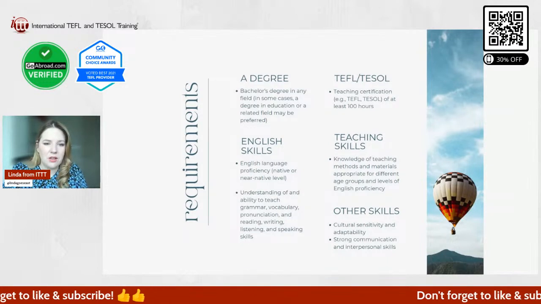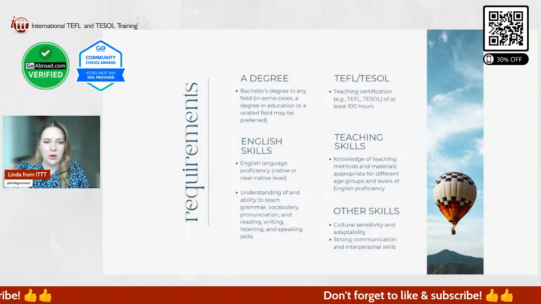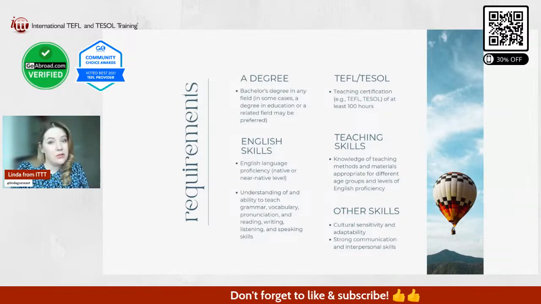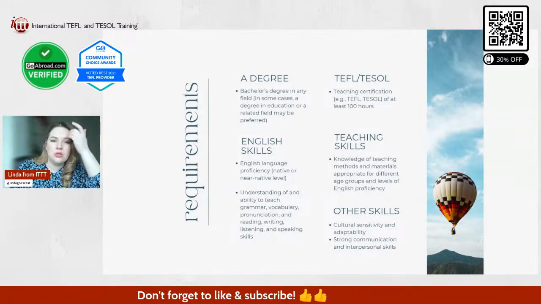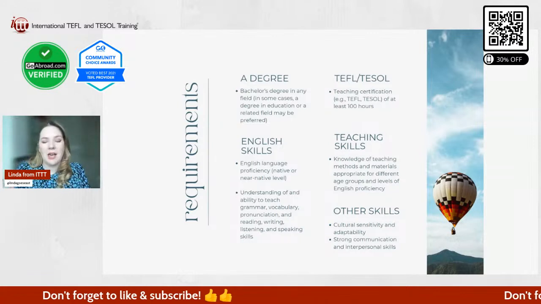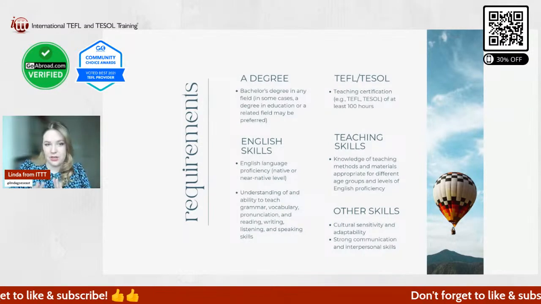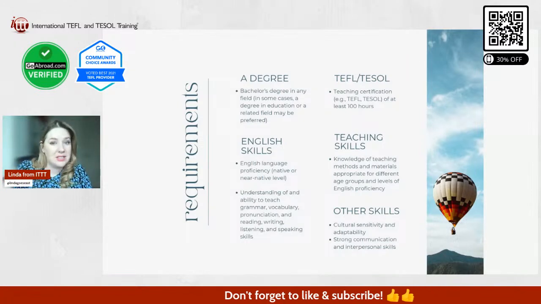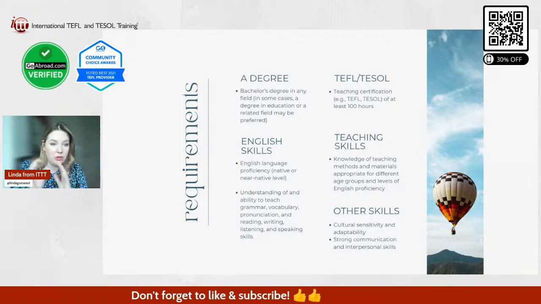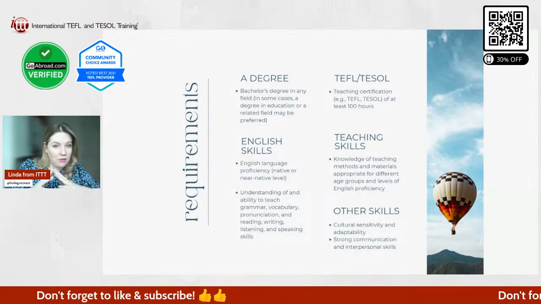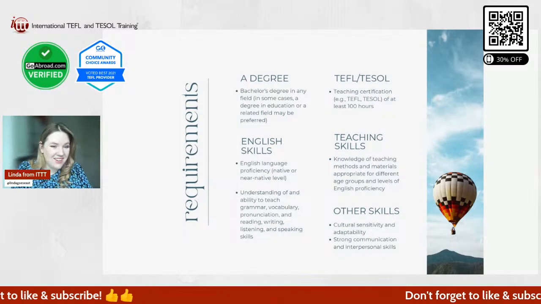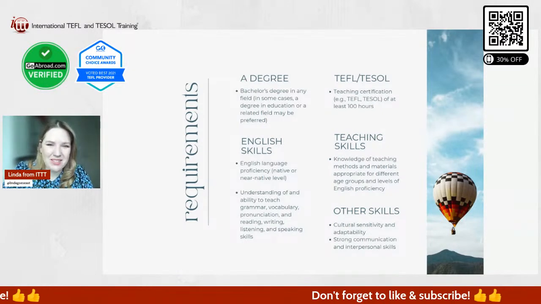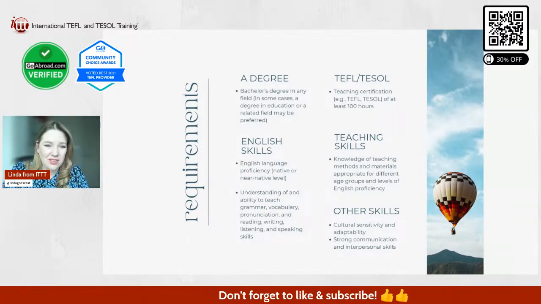And also have to say that these requirements vary obviously from country to country, and then also school to school. Okay, they're not all the same in every school in every country. These are just some general requirements that we often see. Sometimes it's just a few of those, sometimes it's all of them, sometimes it's none of them. Right? So it depends on the country. So let's go over them a little bit.